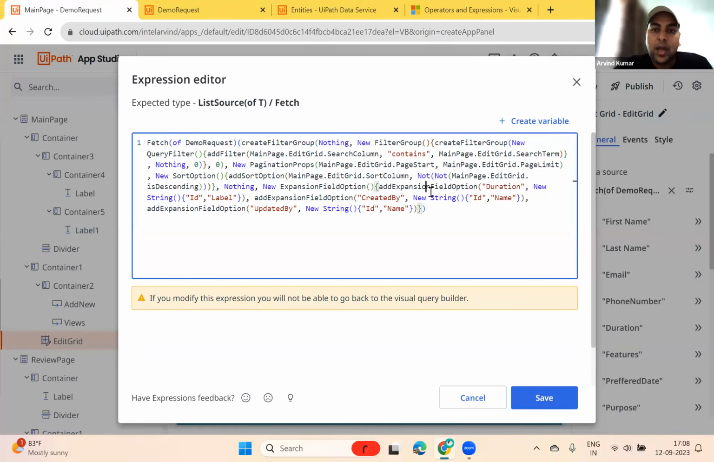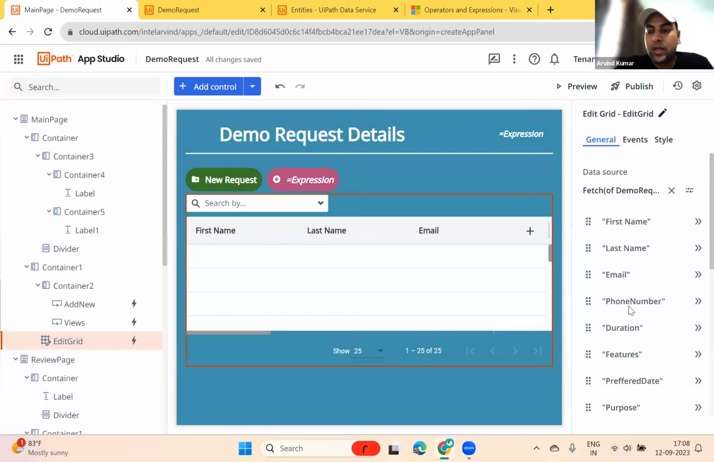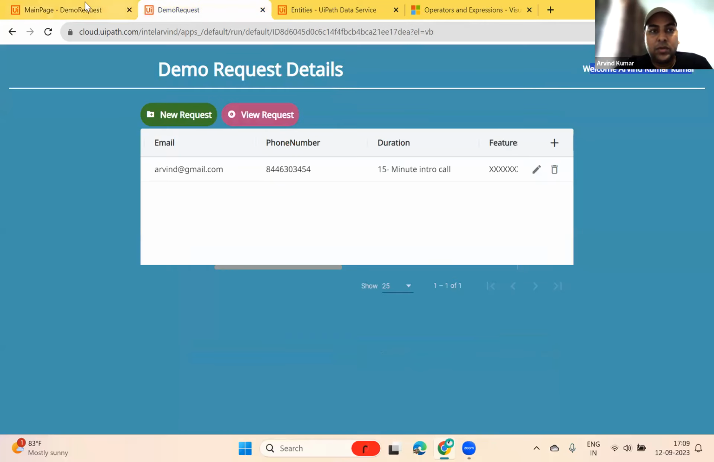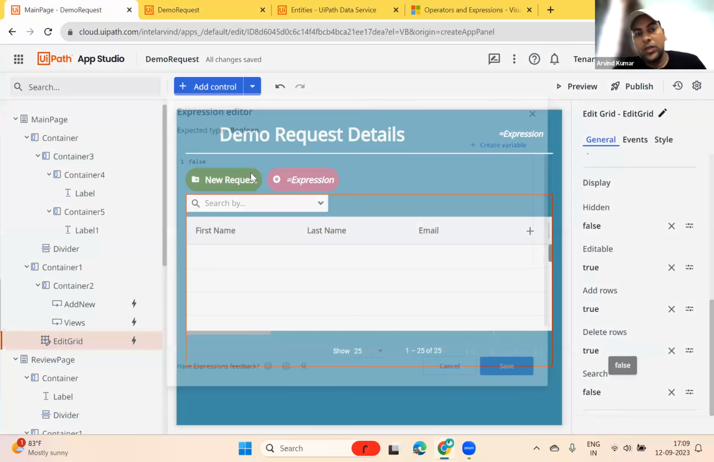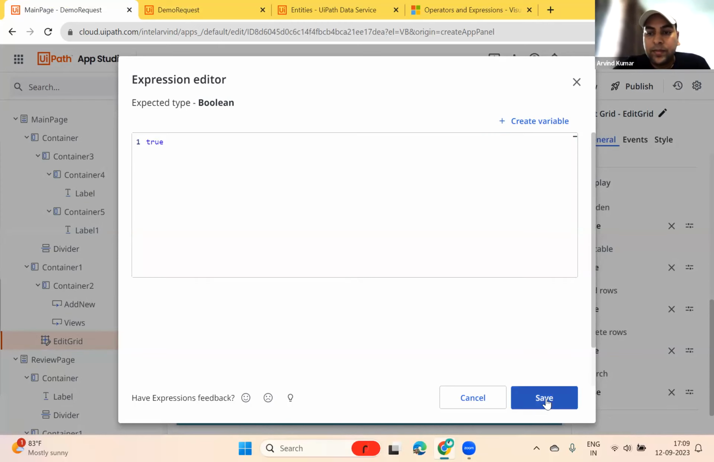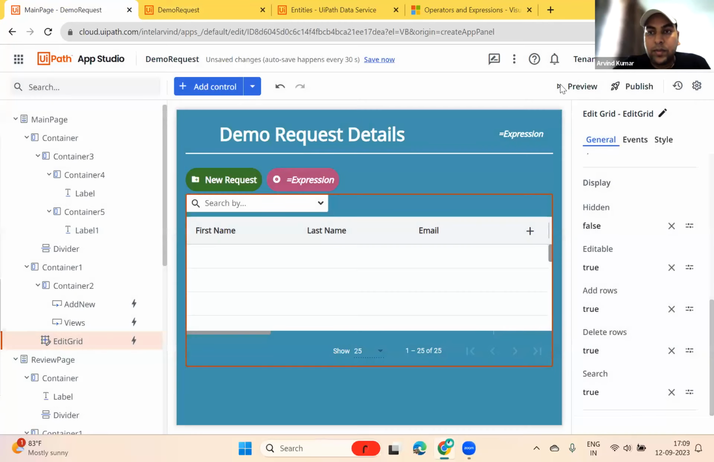Similarly I have other filters, which are also generated, and then you can just go and enable and disable search, add row, delete rows and everything. So you can see right now in my demo request, I don't have search. So you can go and make it true. Now if I preview this,